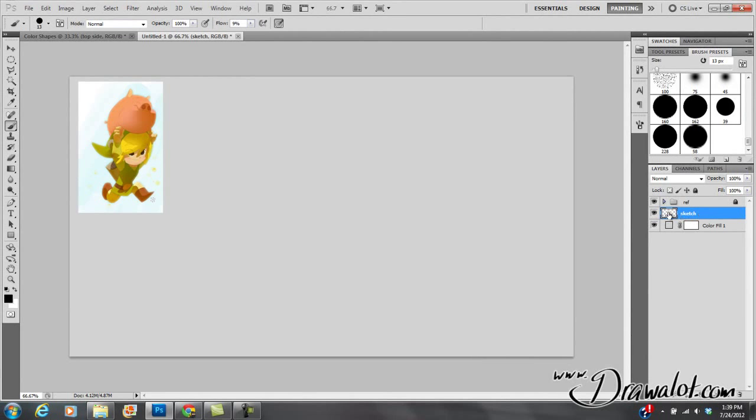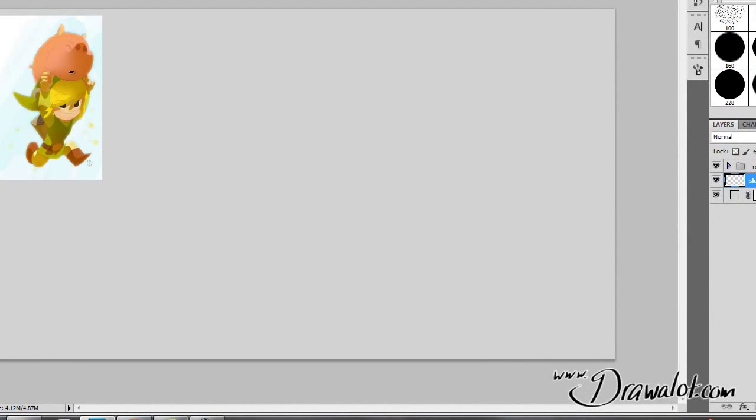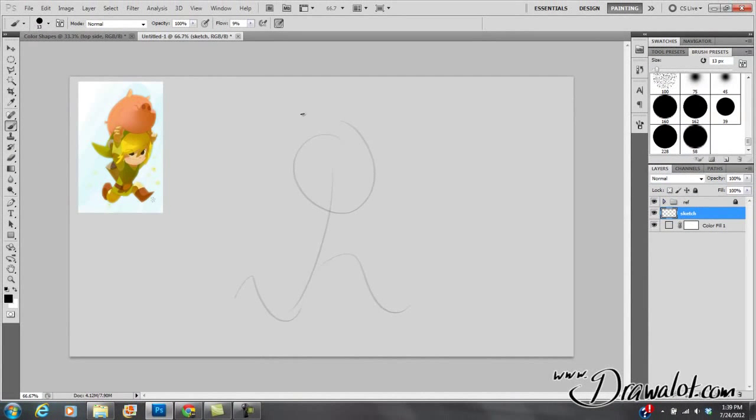So now I've got my pencil. I'm on the sketch layer, and I'm going to just basically rough out this guy. Okay, so basically I'm going to draw like this. So here's his head. Here's his body, here's his bottom leg, here's his top leg, here's his arms, here's one